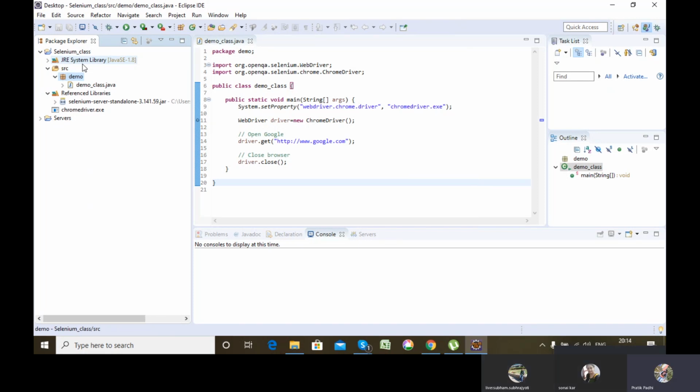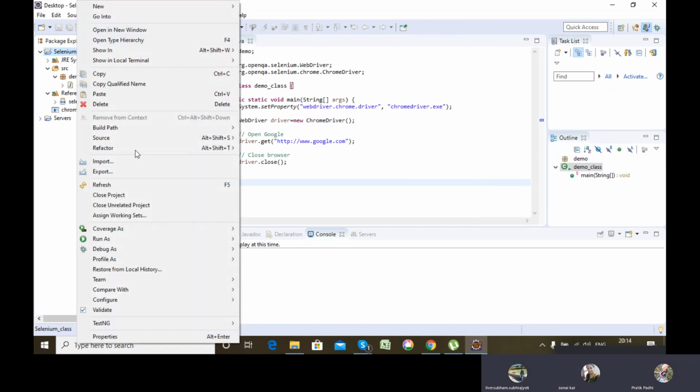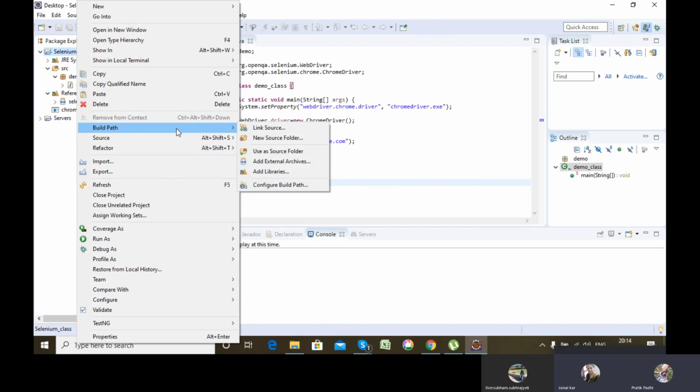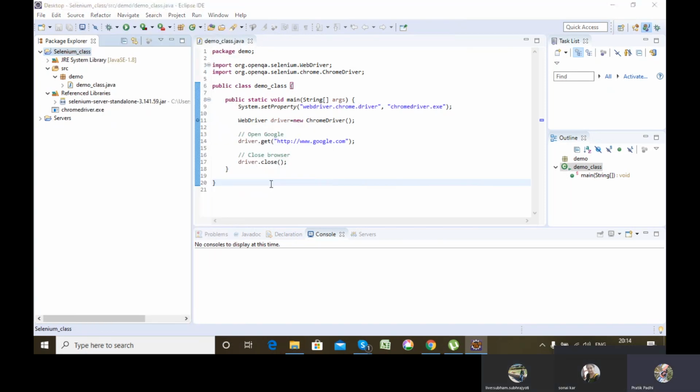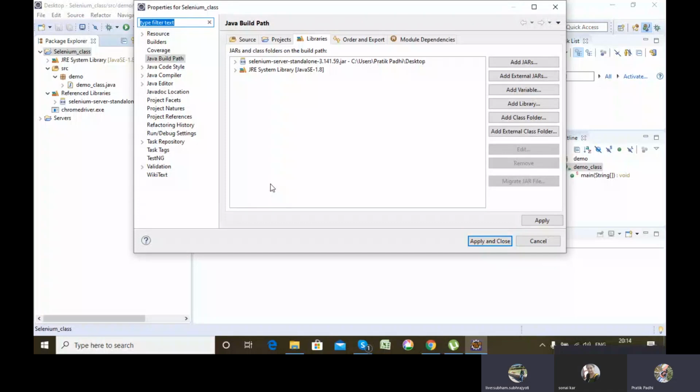So to map this project to the respective Selenium jar, the step is right click on the project, then go to build path, then go to configure build path. Then click on add external jars.